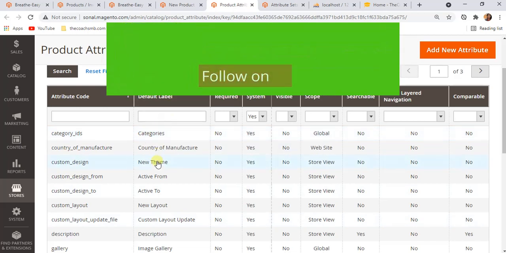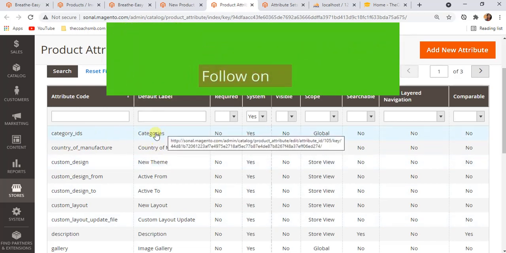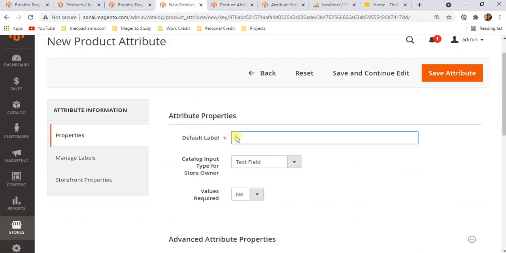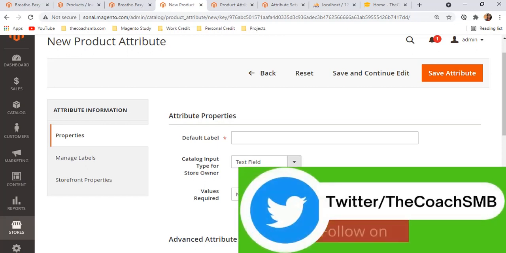Clear? Once an attribute is created, you cannot modify the attribute code. You can change the label, correct? Okay, so clear? Now let's go to catalog input type for store owner. Okay, so if we consider name as a product attribute which is there, just for example, I'm telling you. What kind of data are we going to enter in the product name?